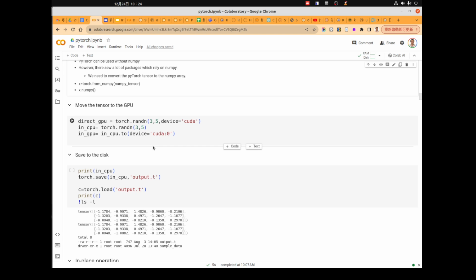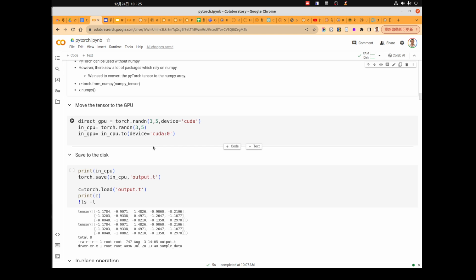Okay, since the GPU has no access to the CPU's main memory, we often need to copy the data between the GPU and the CPU. We need to copy the data from the CPU to the GPU before we run the GPU programs, and after the GPU program produces the result, we need to copy it from the GPU back to the CPU memory so that the CPU can, for example, draw it on the screen or save it to the disk.